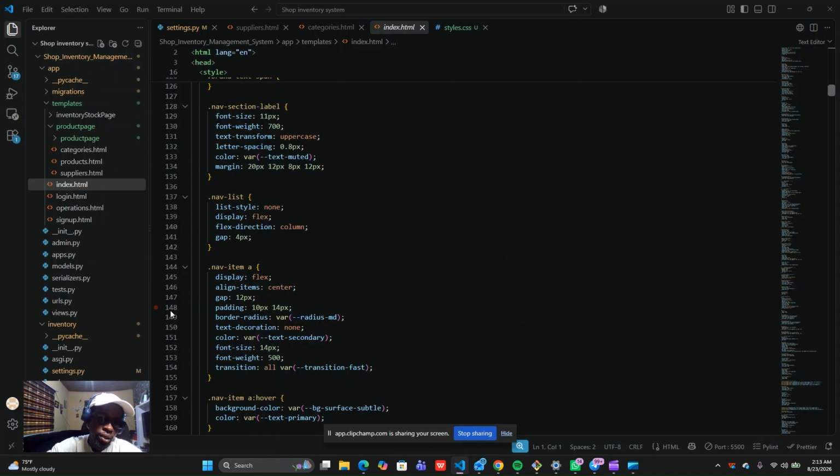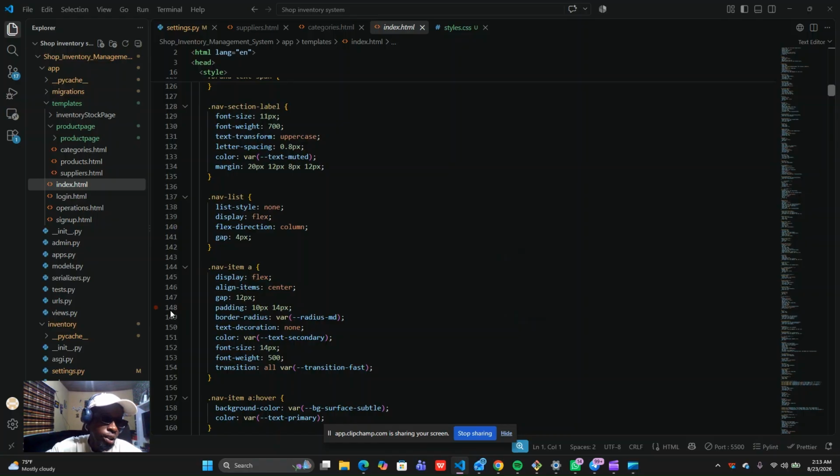I'm here to present my final project, which deals with management of an inventory. I called it Shop Inventory Management System. It's a system that can manage an inventory, either a store, a warehouse, a factory, a company, whatever. Any company that deals with goods can use